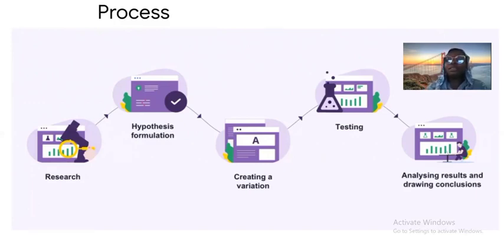So in experimentation, there's actually another type of A/B testing called multivariate. So don't get me wrong, because I said you will just have A and B, it doesn't mean you can only have two variations. You can have multiple variations, and that's the type that we call multivariate testing.